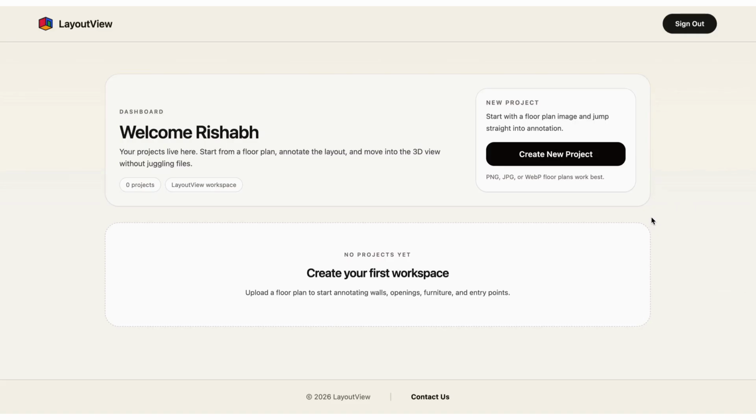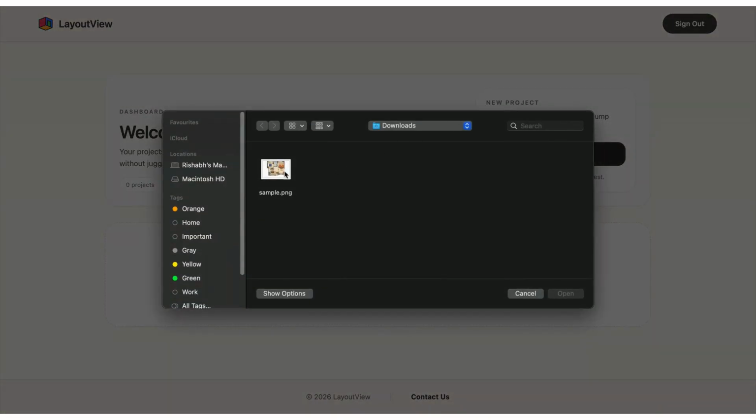Hi, this is layout view. We're going to create a simple 3D walkthrough for a 2D flat layout. I'm going to start by signing in. Once I sign in, I will see this dashboard, and I'm going to click on create new project, select the